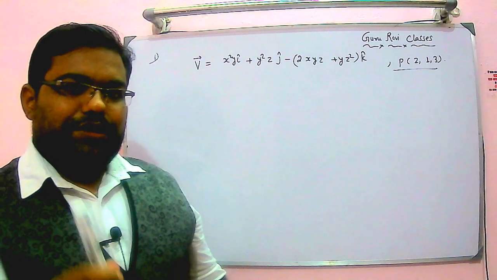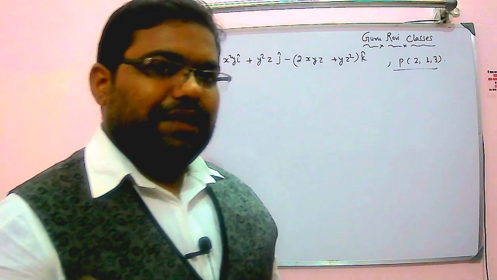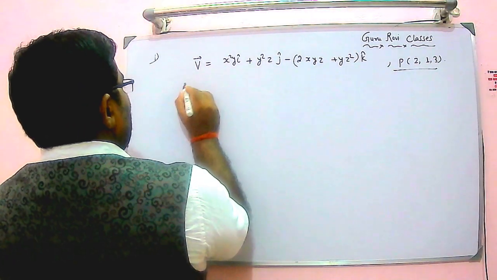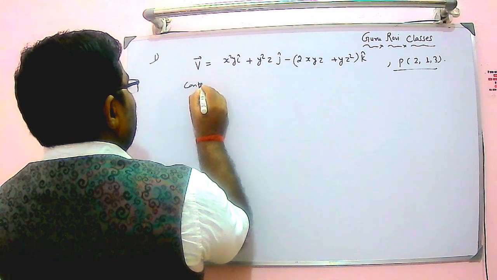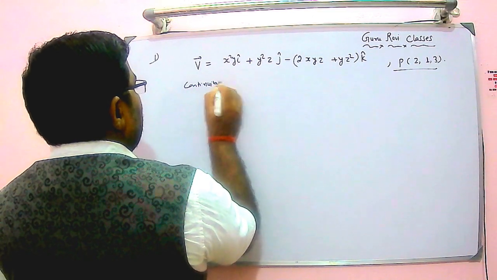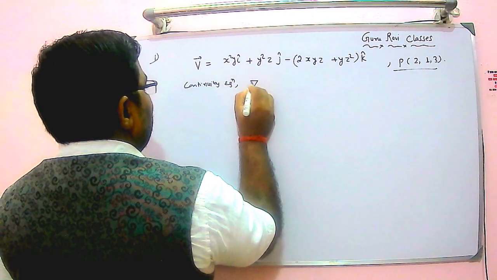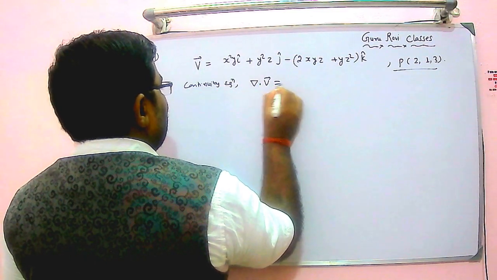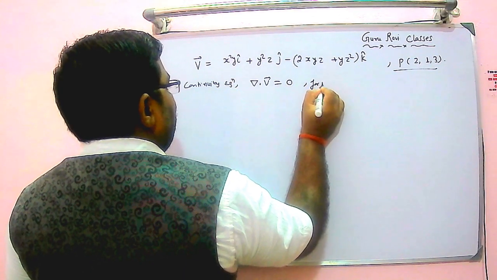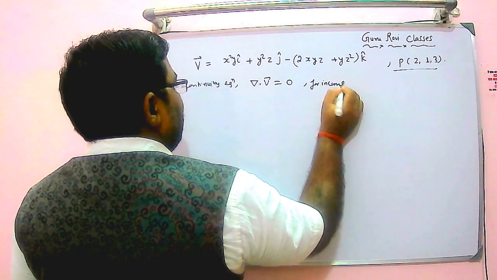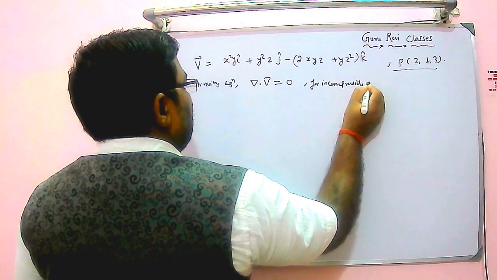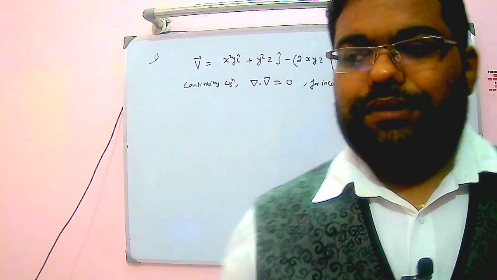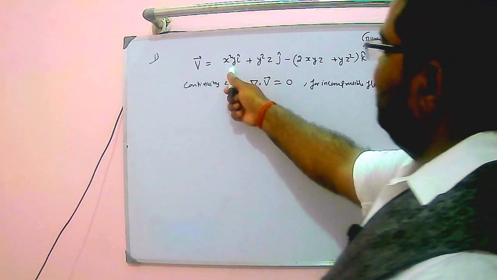So we need to apply the continuity equation, that is, the divergence of the velocity vector should be equal to 0. The continuity equation, divergence of the velocity vector, not curl, the dot product with the velocity vector, should be 0 for incompressible flow. So we need to prove that the divergence of the velocity vector is 0. If we look at this equation,